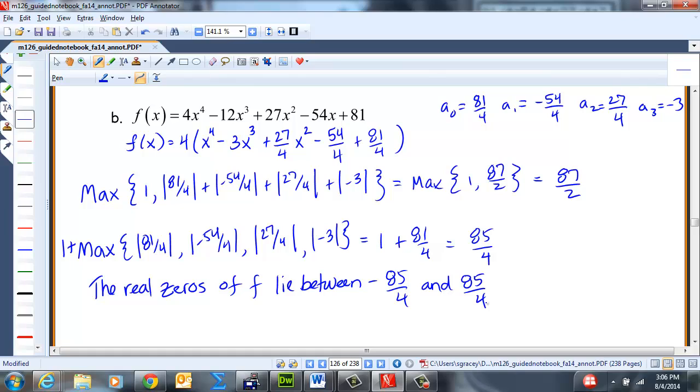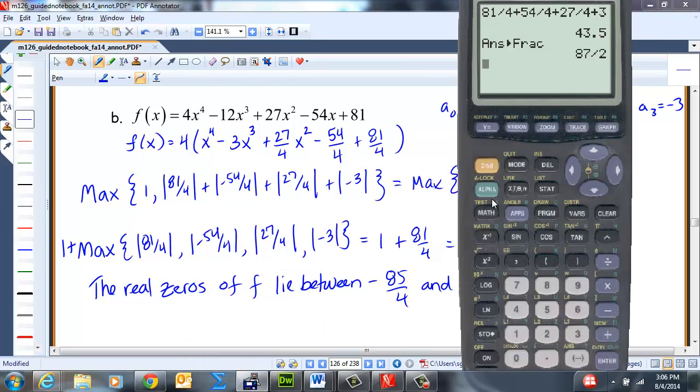So when we do our picture of our graph, we're going to have to do, let's just figure out for sure what 85/4 is. 21 1/4. So if we do our bounds, our bounds on our x between,